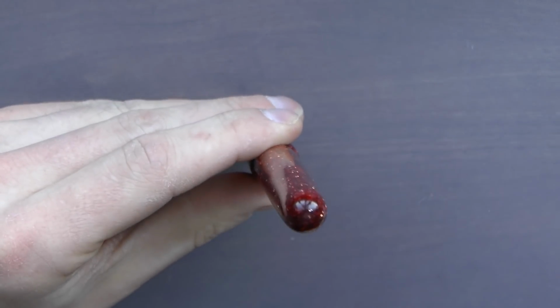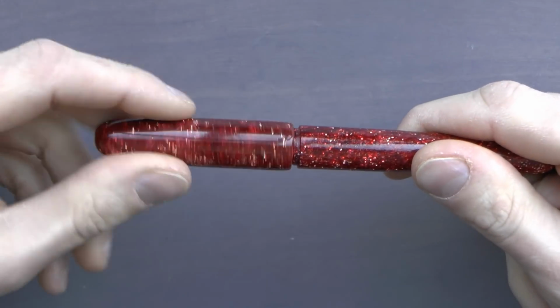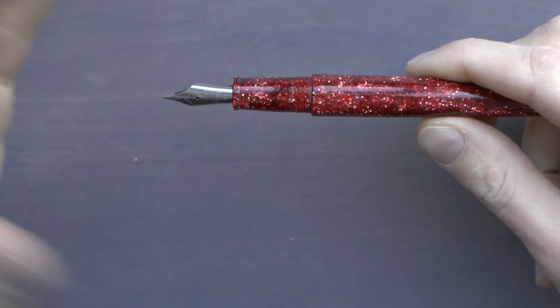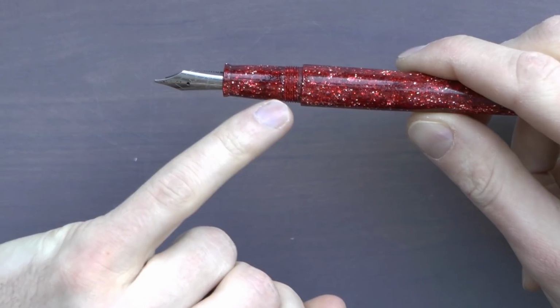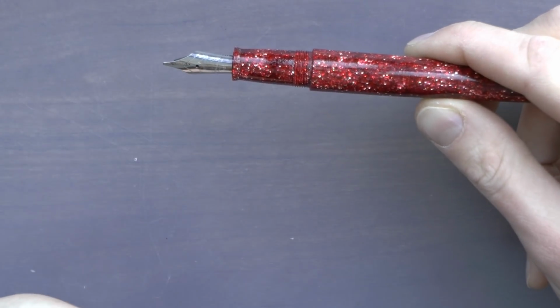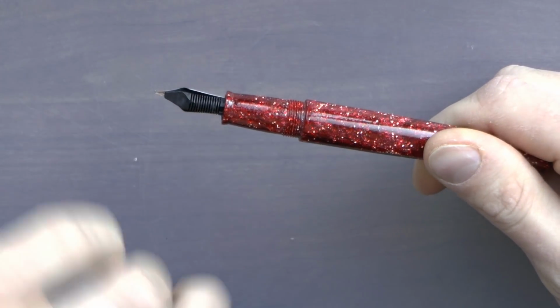Okay, here at the end we have this barrel, right? Again, same material. Matching section, which in my mind is always bonus points. I like when the section matches. A bit of a step down there, then we have threads here, and we have a section that tapers down, flares out a little bit, and then we have that, in this case still, remember, number 6 Bock nib, plastic feed,